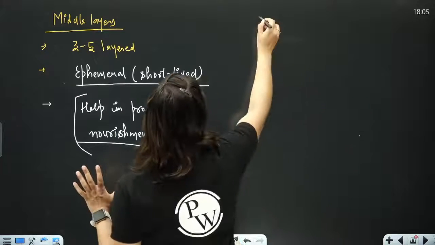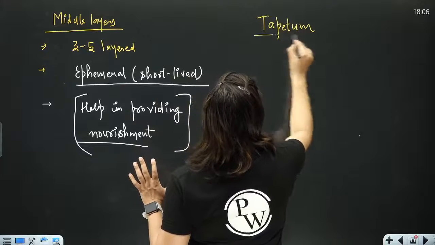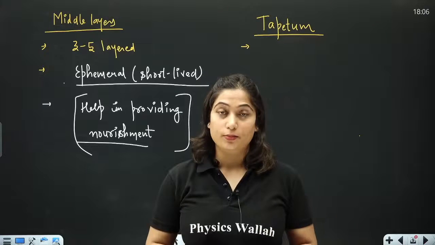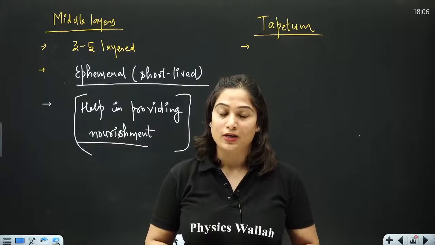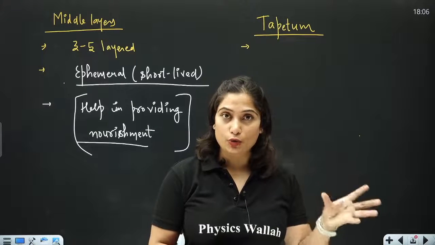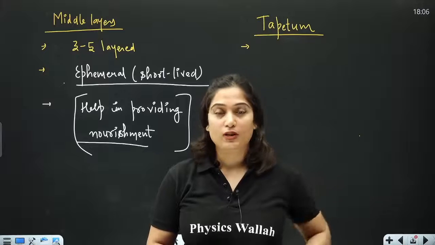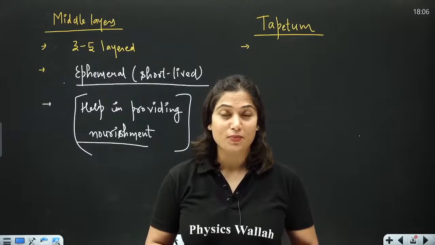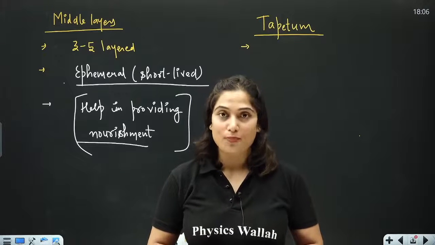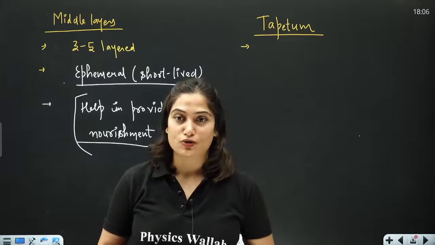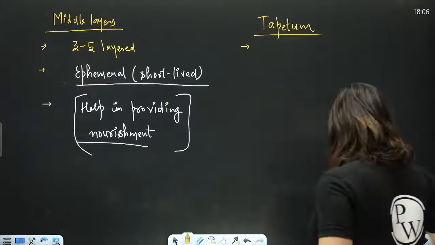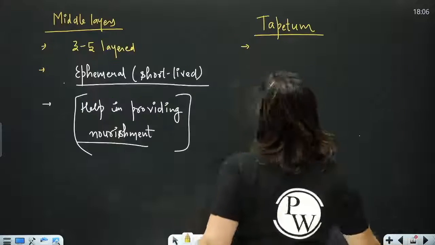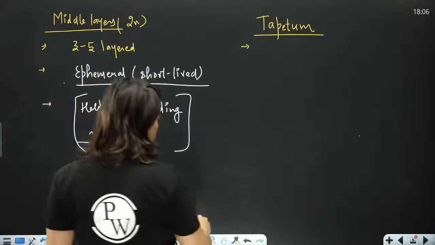Now, the most important, the last but not the least, that is tapetum. Now, tapetum, what is important about tapetum? First of all, beta, as you have read in the plant kingdom, now you know what is a sporophyte and what is a gametophyte, right? Until and unless I do meiosis in any cell, the cells will be part of the sporophyte. That means the stamen is a part of the flower and the flower is a part of the sporophyte. That means every part of the stamen is diploid, and it will be a diploid structure until and unless we perform meiosis in it. So, obviously, epidermis is a diploid structure, endothelium is a diploid structure because all of them are part of the sporophyte. Middle layers diploid, but tapetum